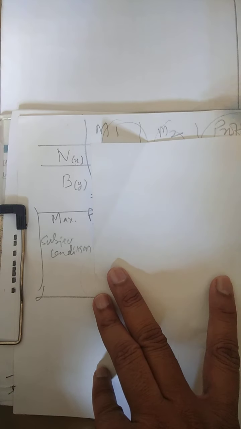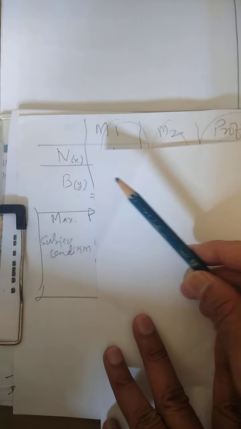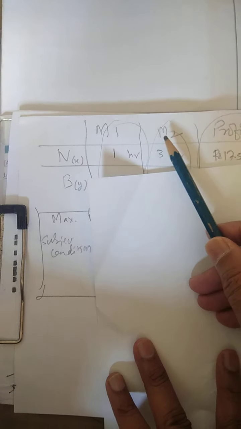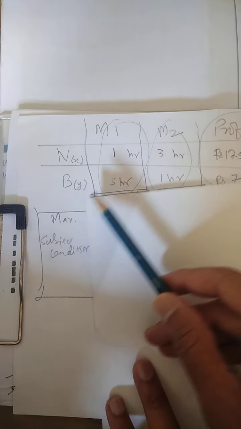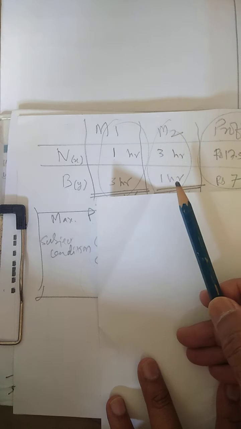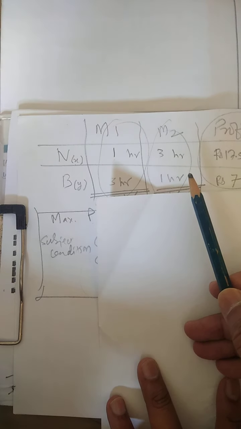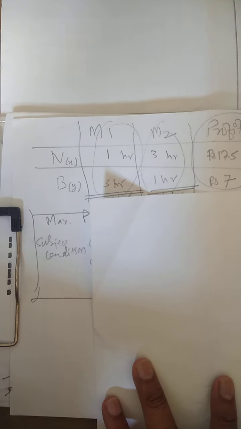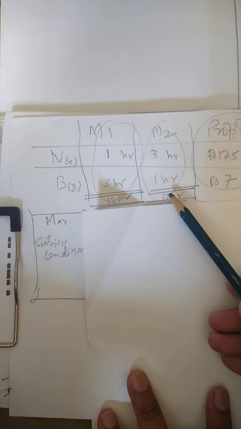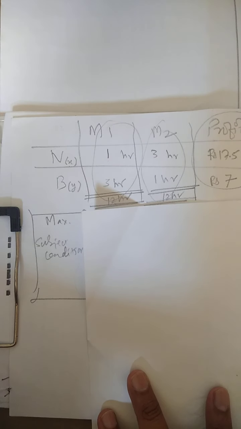Okay. So as per the first sentence, it is clear to you that for producing nuts, machine 1 is operated for 1 hour and machine 2 is operated for 3 hours. At the same time, whenever you wish to prepare the bolts, machine 1 is operated for 3 hours and machine 2 is operated for 1 hour. One more information given in the question is that the profit you are getting from selling one packet of nuts is 17.5 and bolts is rupees 5. Apart from that, 12 hours is the maximum time of the operations that is given.